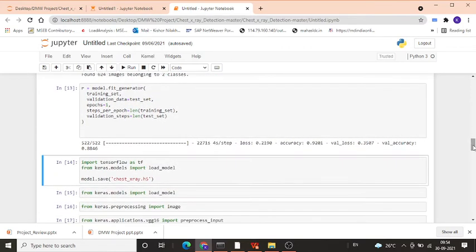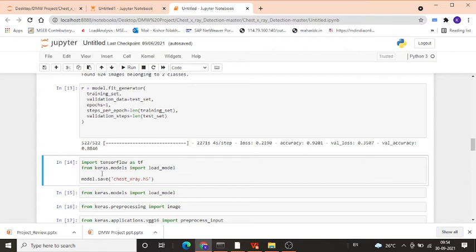Then after here our model is generated with the help of the fit generator method. For that I have provided the training set, testing set and epoch equal to 1. An epoch is nothing but a pass that will increase the accuracy and efficiency of our model. Here I have provided 1 because my computer is slow, but the greater the number of epochs, the longer the whole code will take to execute, and we get a more efficient model.